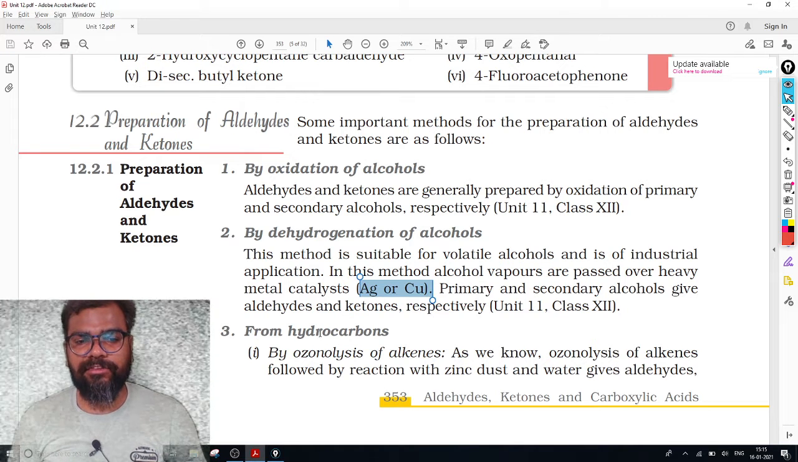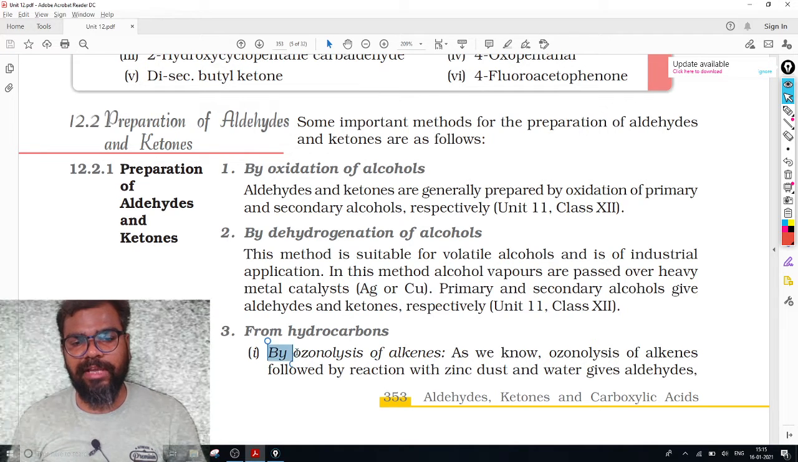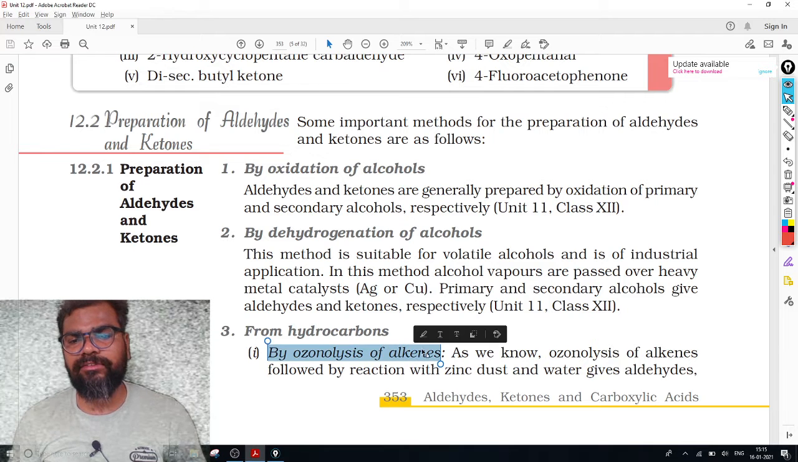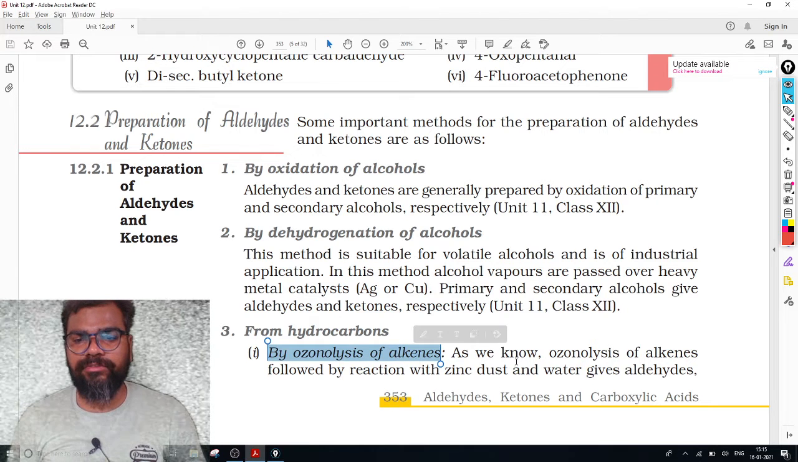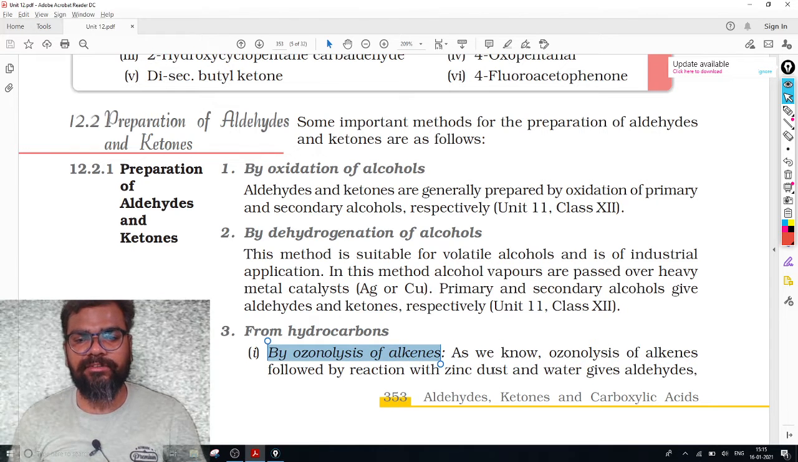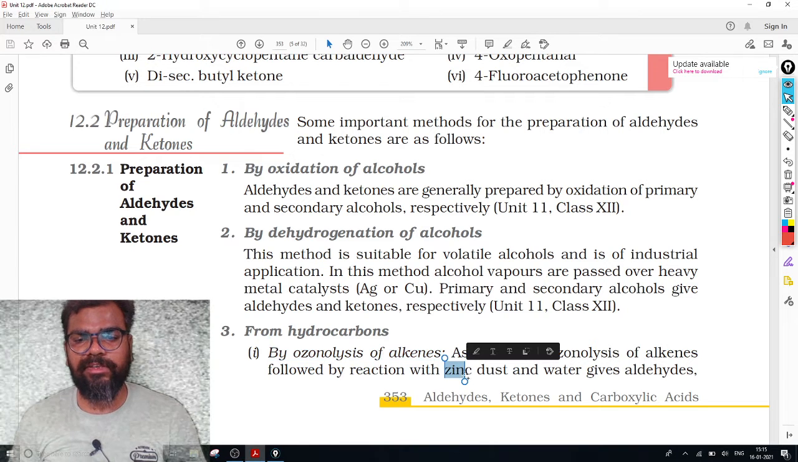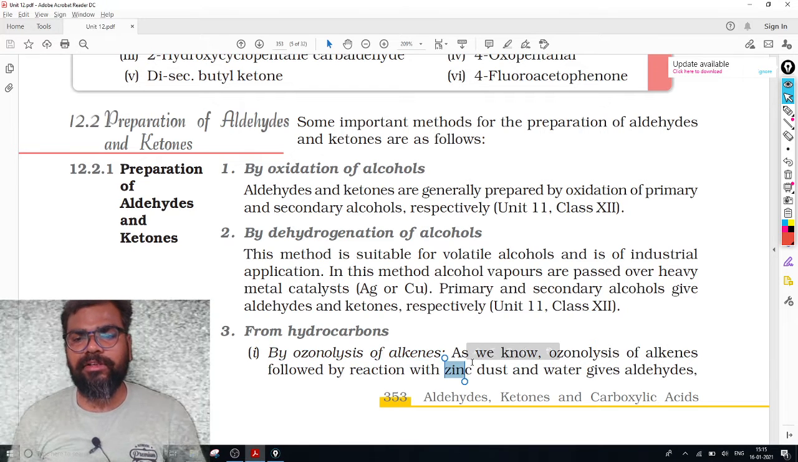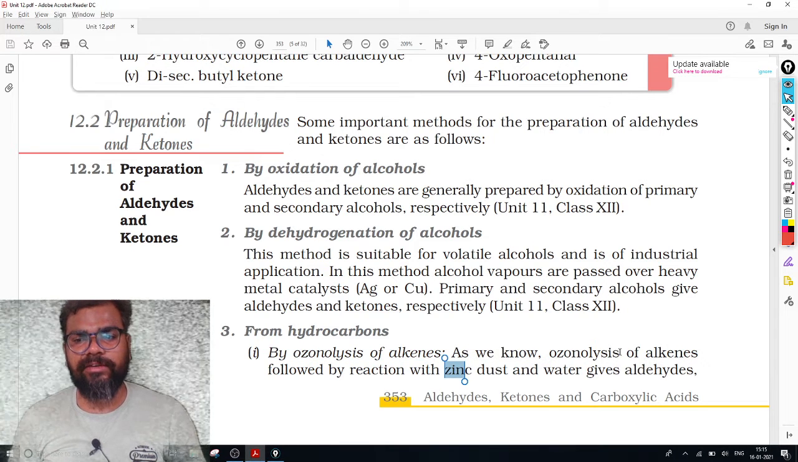Then the next one is from hydrocarbons, in which is the ozonolysis of alkenes. As we know, ozonolysis of alkenes followed by reaction with zinc dust and water gives aldehydes,